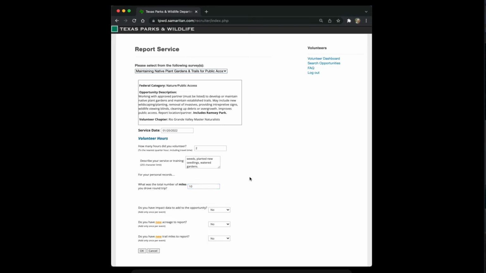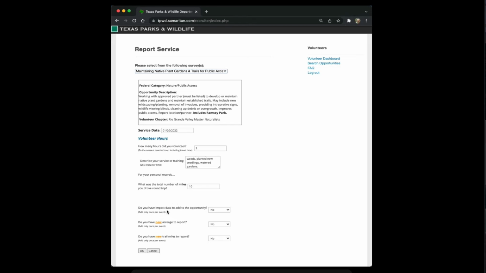This does not count towards your volunteer time, but it does give you an ability to go back and, for some people, pull out the amount of travel time, the number of miles traveled, because as a nonprofit, you can include that in your taxes if you wish. Now, here's an important section for some of our